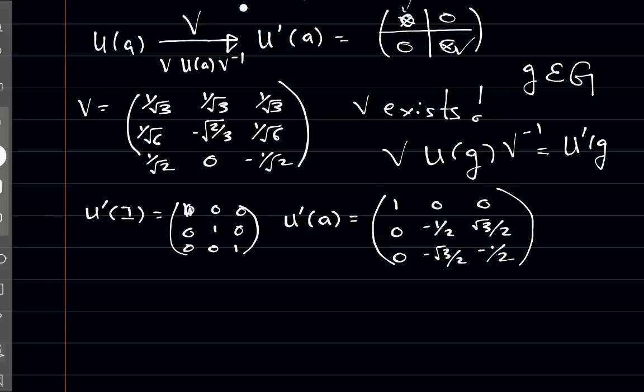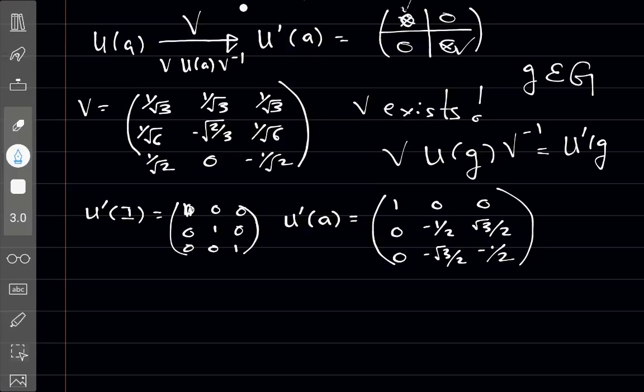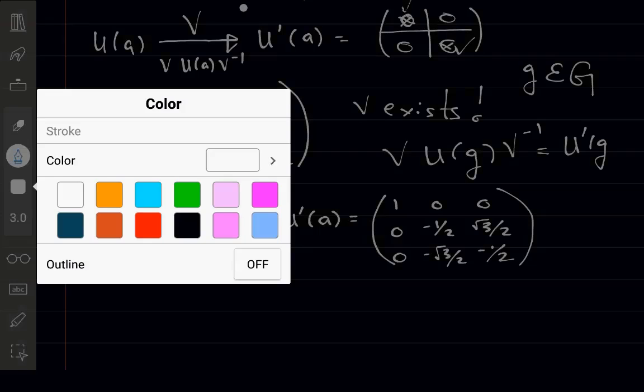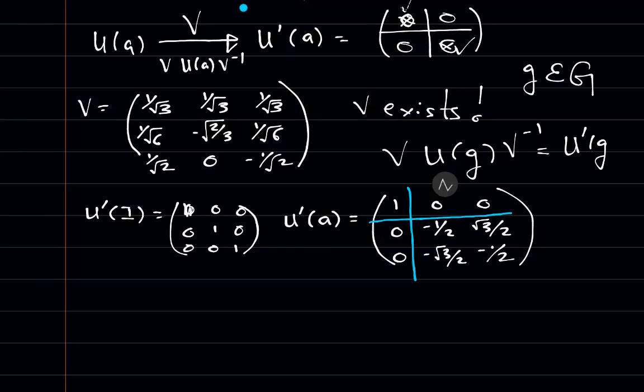And this will remind you of something, and I'm going to tell you what. If you look at this carefully, this is block diagonal. So it is a new matrix, and it is block diagonal, and that's why we say that the 3 cross 3 representation of the D3 group is reducible, because you can find a V that gives new matrices which are in block diagonal form. Well, let me remind you, what is this?